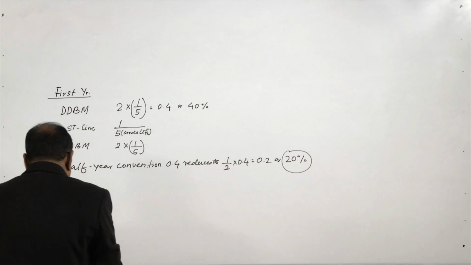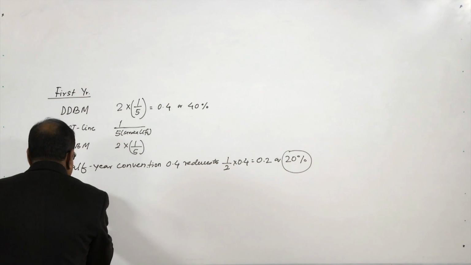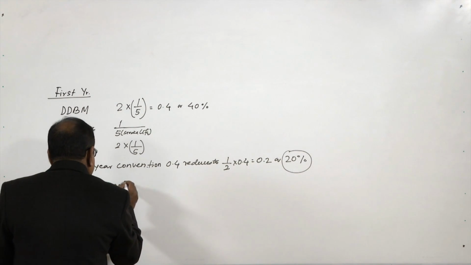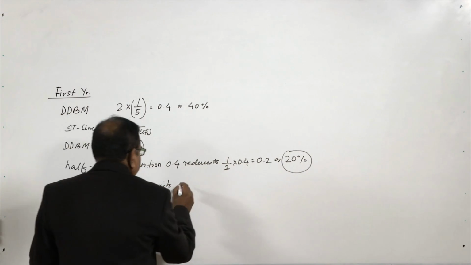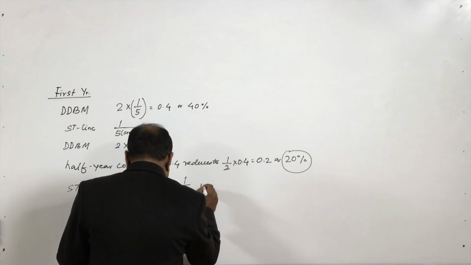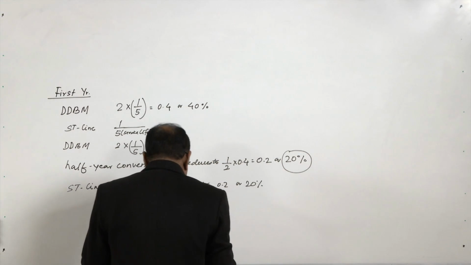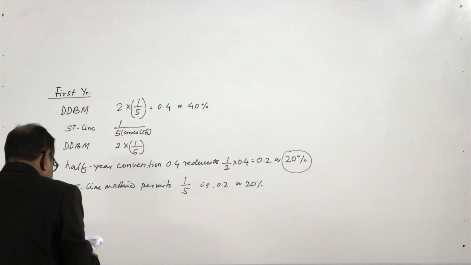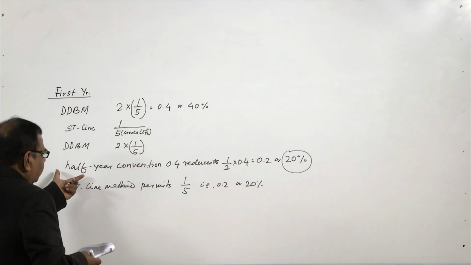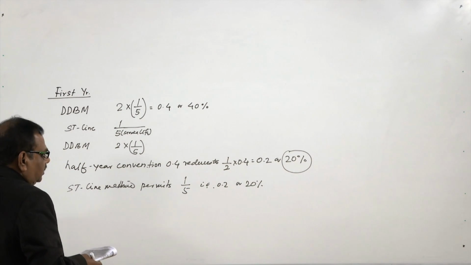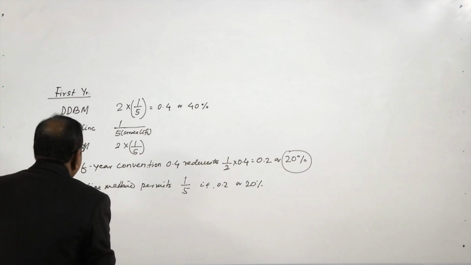Now, if we use the straight line method, now straight line method permits 1 by 5, that is 0.2 or 20% also. This is same as the method we are permitting due to the half year convention, which is also 0.2, and the straight line method also computes 0.2. Now, for the second year,